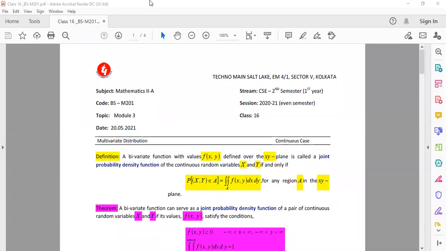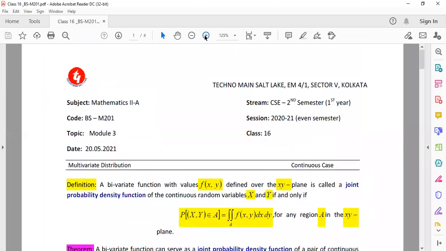Okay, I'm going to start my today's session, and we are almost on the verge of completing the syllabus. This is the last unit, which I started a few weeks ago. This is about the topic of bivariate distribution, which is a part of multivariate distribution, of course, but we shall not progress further beyond the number of variables being more than two. So we shall try to stick to only the two-variable situation,